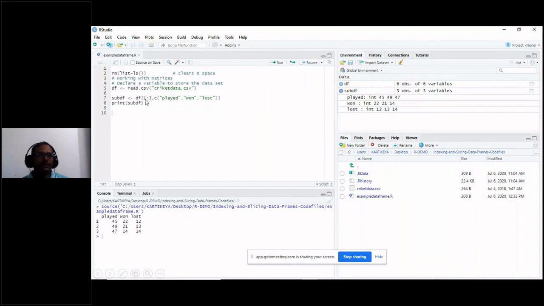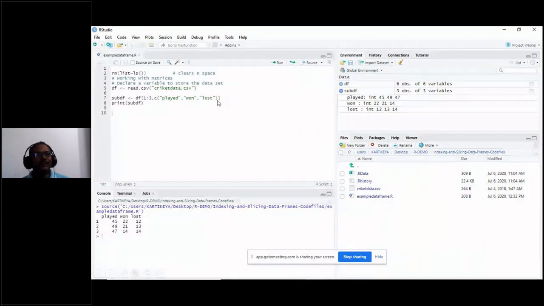In order to select 1, 2, 3 rows, we give the command 1 colon 3. That means it will select the first 3 rows. And we want to select the column names played, won, lost. Because you want more than one column, you have to place the concatenate operator C. Now it will display the first three rows and first three columns.